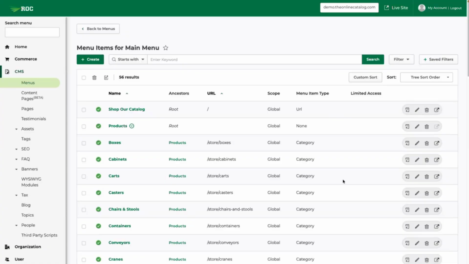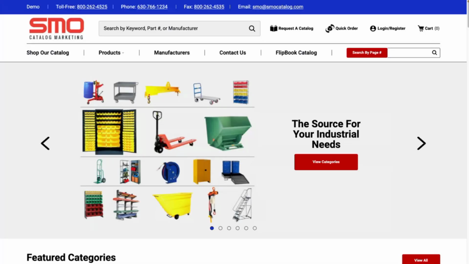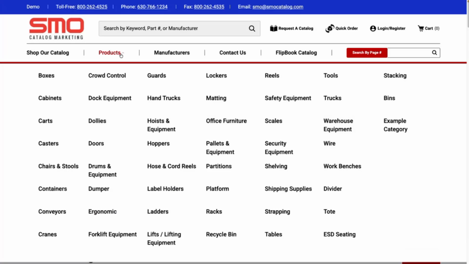To test that a category you created is working, first you'll want to make sure that you have assigned one of your custom created products to the category. Once you've confirmed that you have a product assigned to that category, click on the Live Site button in the top right-hand corner. From here, if you click on Products, you should see the category that you created as a